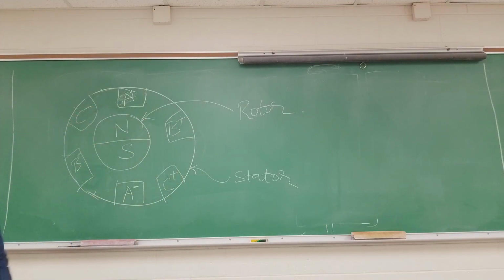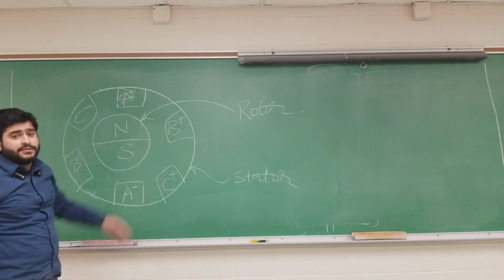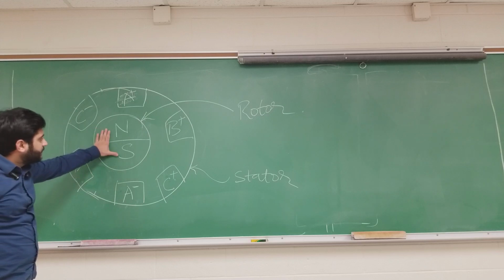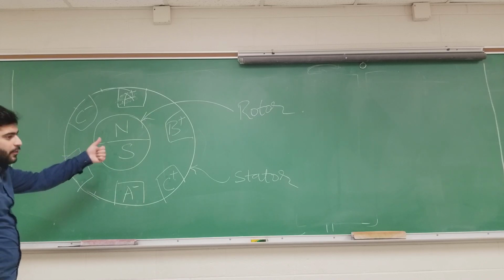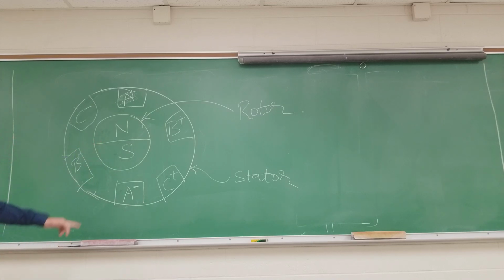When we turn on A, there will be a magnetic field induced, and the rotor magnet will try to align with the magnetic field of coil A. And when we turn on the magnet B,